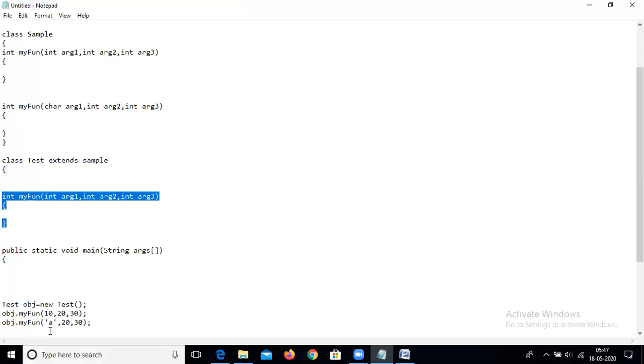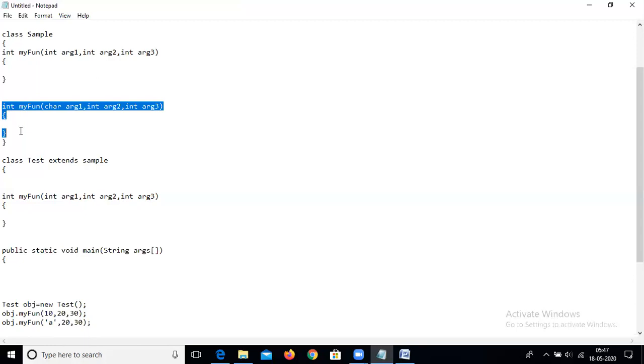Now again, this is a character. It will go inside its own body. This is integer, so the function is not present in this class test, so it will go to the superclass. In the superclass it will check and compare: here is character, here is integer, second argument is integer, and third argument is integer. It matches with the superclass function.